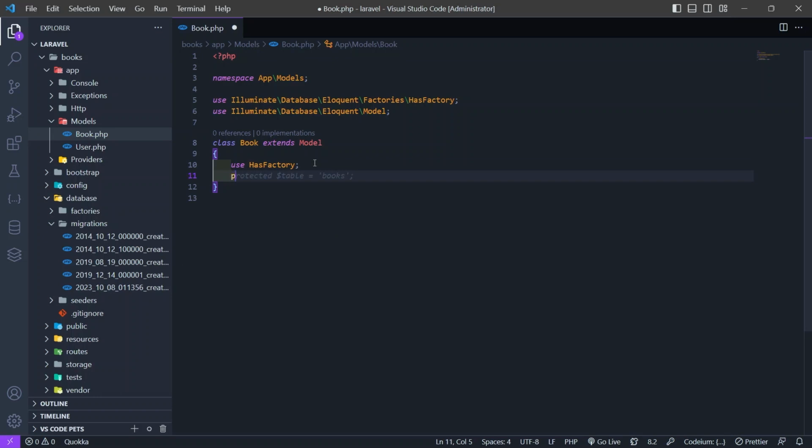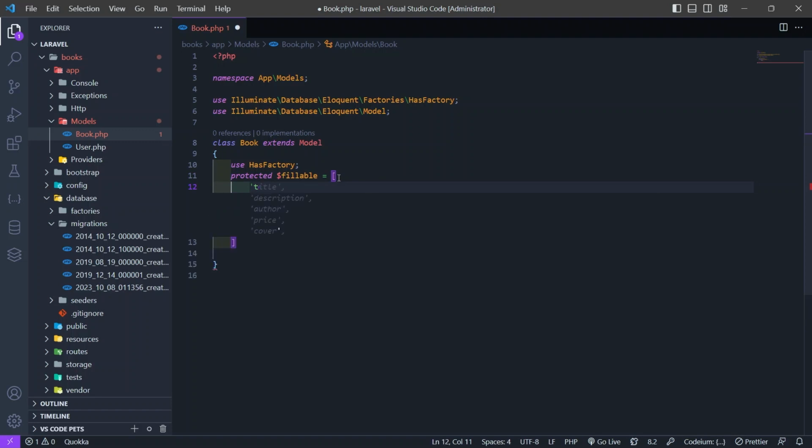So type in protected $fillable, hit enter, and then inside of this fillable we're just gonna put the square brackets here, and then